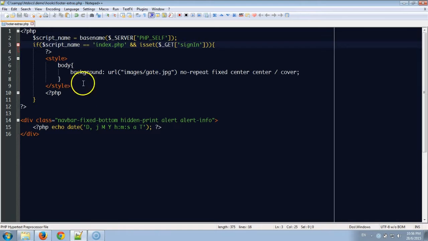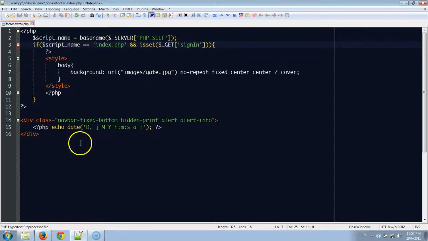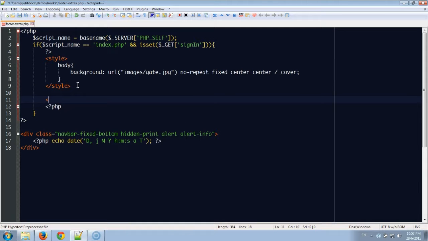Let's save and test our code to make sure it's working fine. We can see the page working correctly. The second change we want to apply to the login page is adding some marketing copy to encourage users to sign up to our services.